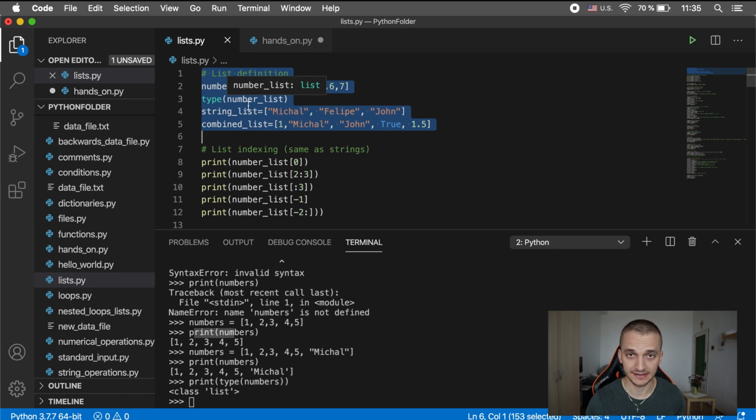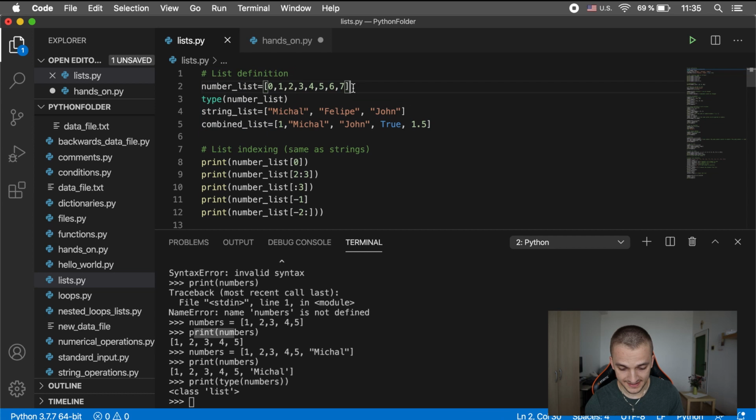In your programming career, you will meet the code of other people, and it's a great time right now to start to read the code. Whenever you look for some solution online, you will see others' code, so you need to understand how to read the code, okay? So basically here I declared some number list, and I just output the type